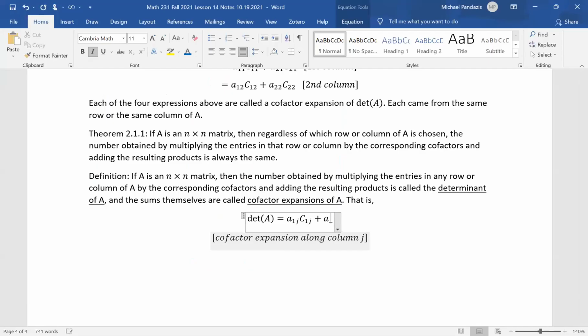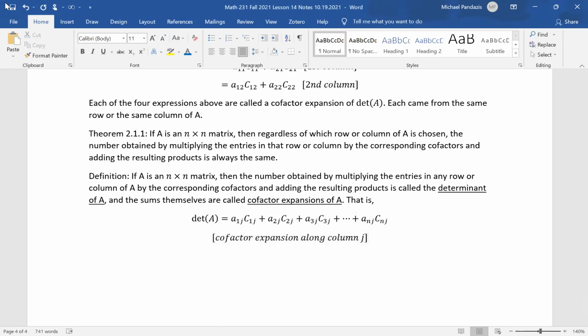So that's what's happening here. Then you have A2J times C2J plus A3J times C3J plus dot, dot, dot, plus the last entry in that column, AnJ times CnJ. Okay, so that's the determinant of A for an arbitrary column J. For any J, where J represents the column of your matrix, if you plug in that value of J into this entire expression, you get an expression for the cofactor expansion along column J, which equals the determinant of